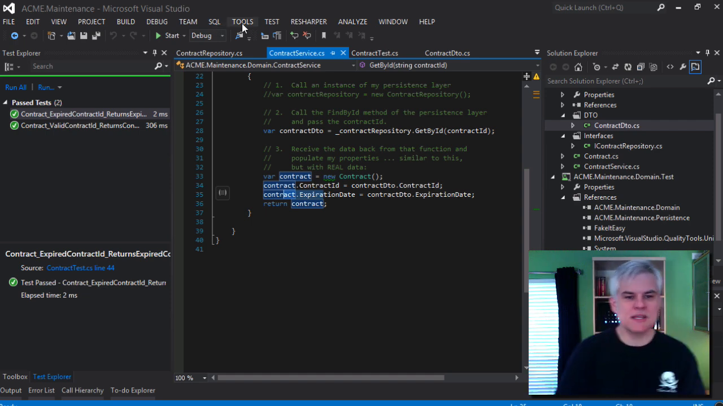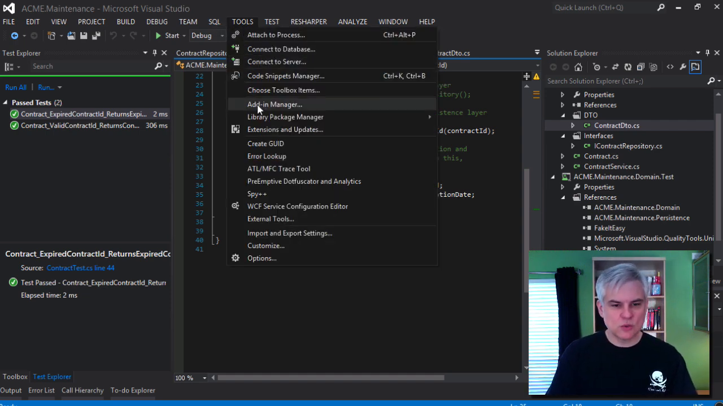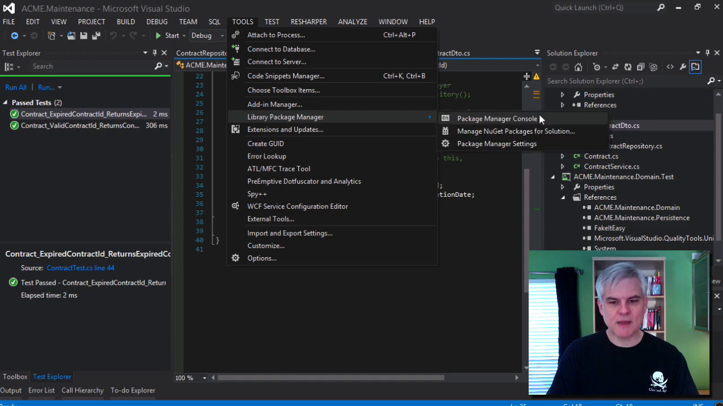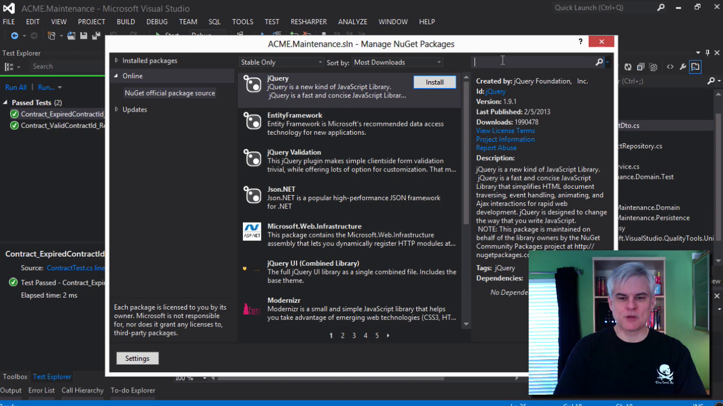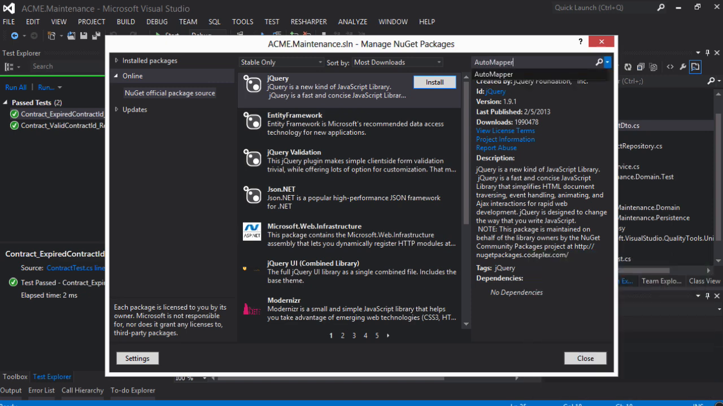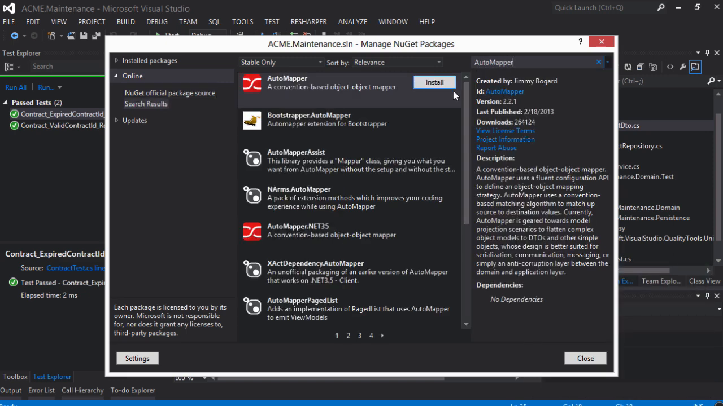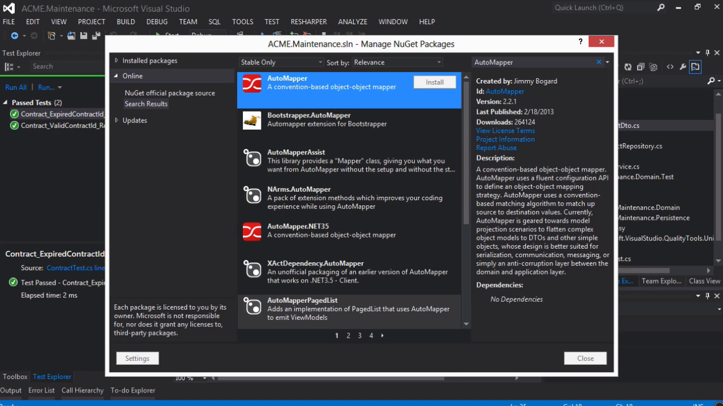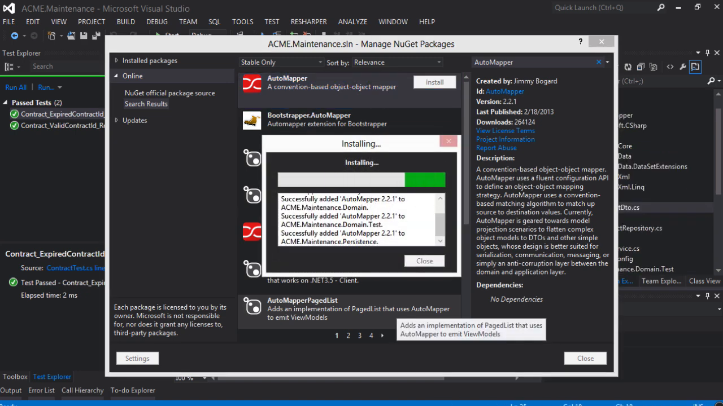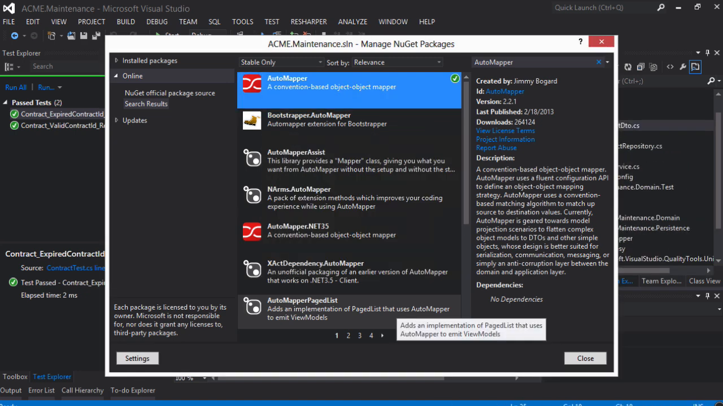So we're going to do what we did, and we're going to go to Tools, Library Package Manager, and then select Manage NuGet Packages for the solution. And we're going to type in AutoMapper, and we're going to click Install. And we'll go ahead and add it to everything. Won't hurt anything at all. All right, and after it installs, then what we want to do